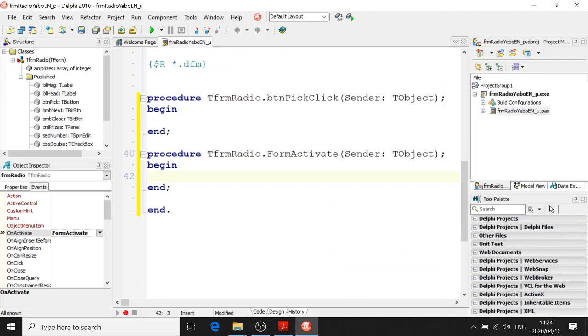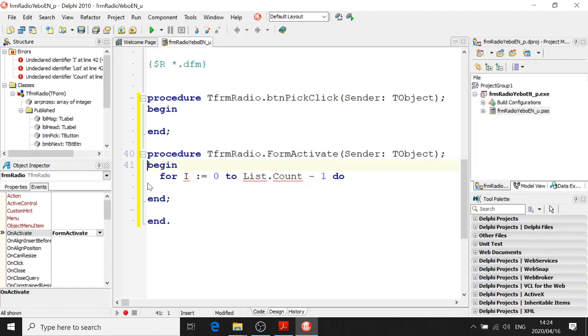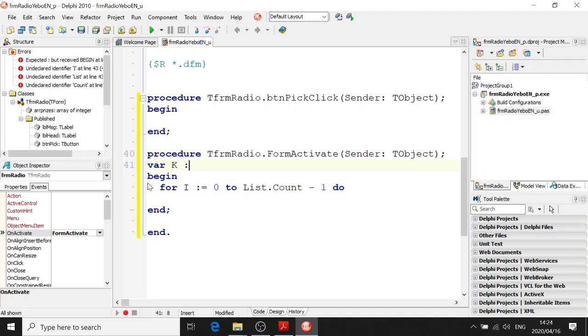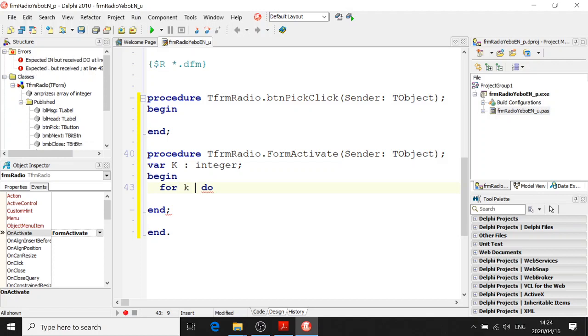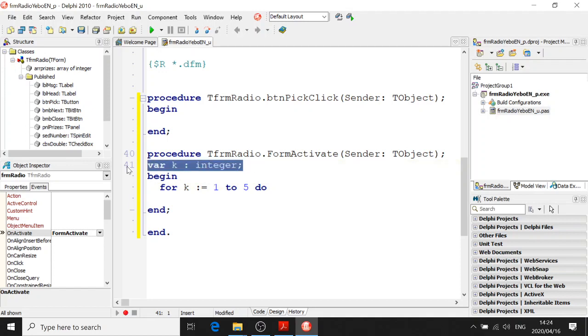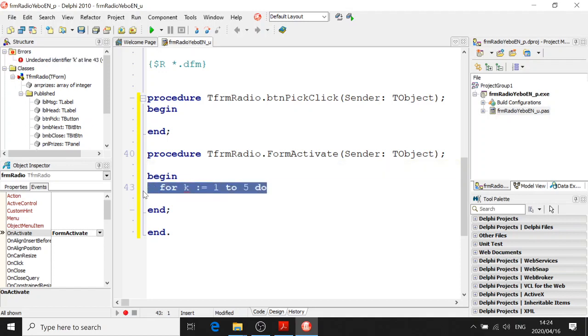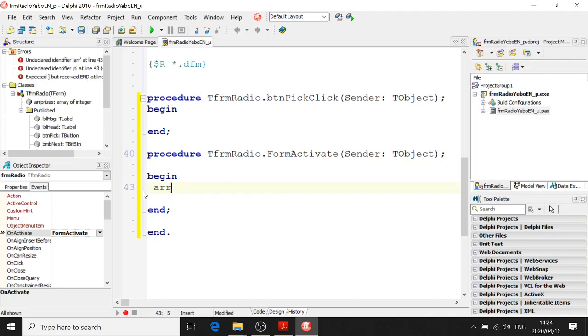Now, to put items into the array, we use a for loop. If I want to go through every single box, I'm going to use a for loop here, and fill it up with a random number. Oh, I'll tell you what, I'll do it the long way, because I know you guys are going to say we don't understand that. Okay, I'll do it the long way. I'll say ARR prizes, box number 1